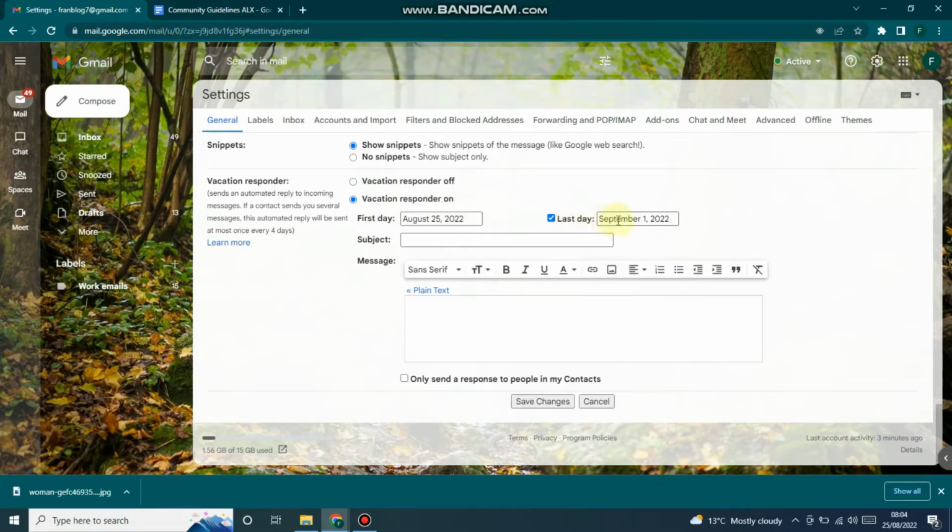If, for instance, I wanted to set that to September 1st, that is a week, and then I'll have turned it off. Then you can always add the subject of your autoresponder so that you have something a bit clear, so that your recipient gets to understand why you're off, and then you can put up a short message. For instance, we can say here subject: not available now. This is just a sample. It's not what you're supposed to put. So, not available now, and then you can say hello,